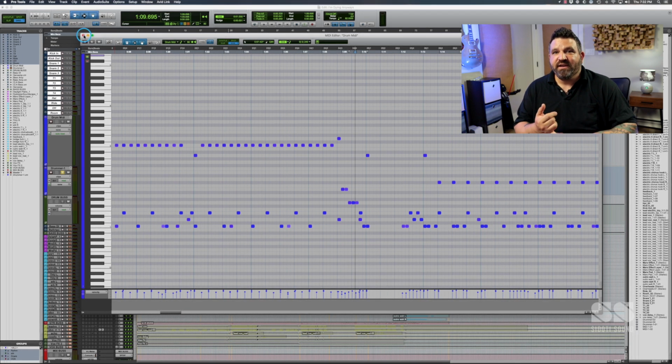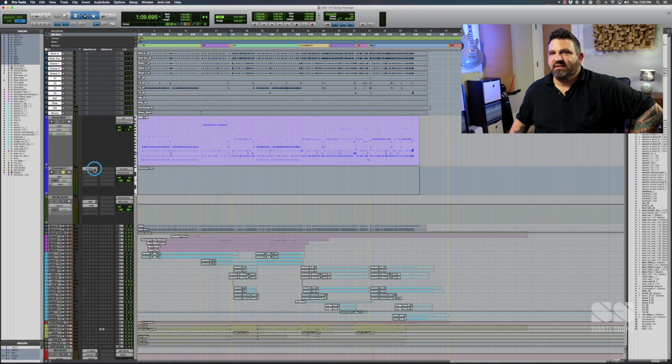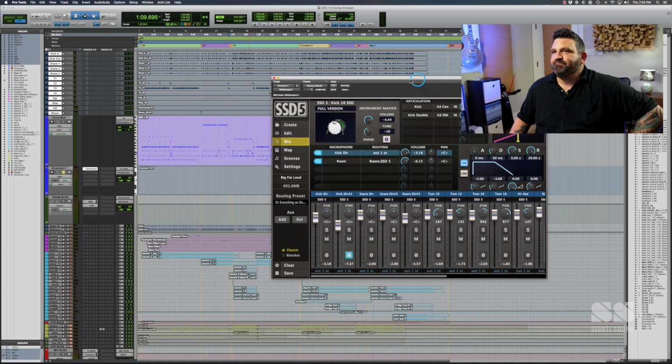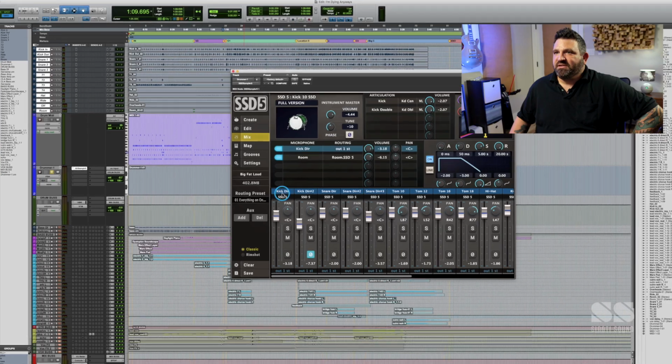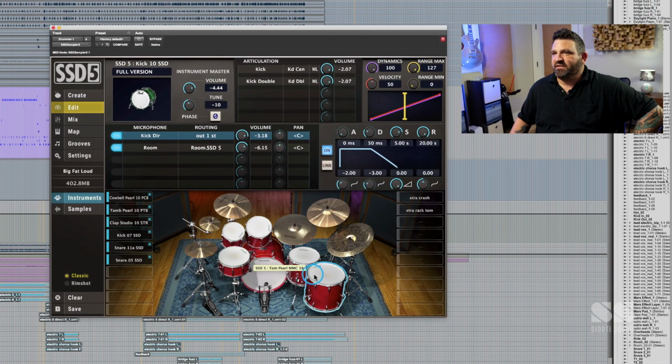Is there a ring function on your snare drum? And so let's dive into some of that in Steven Slate Drums version 5.5, actually, I believe. Here's what I mean by that. So I'm going to select, first of all, this kit that I have created is my own little hybrid. It started out as a preset, and then I changed out some stuff,